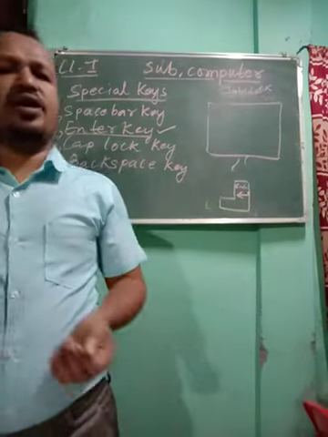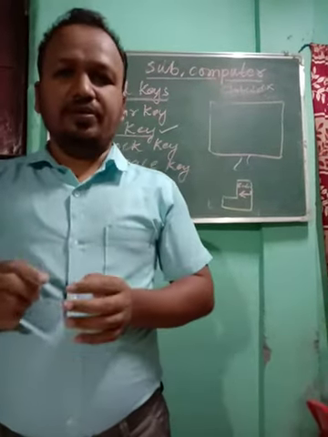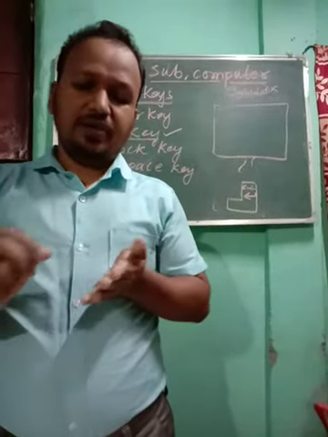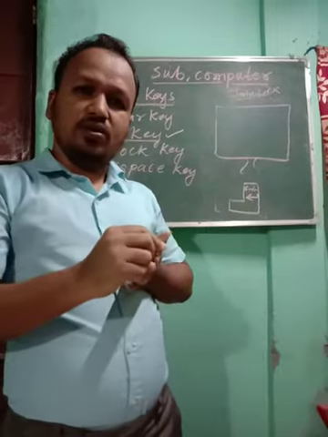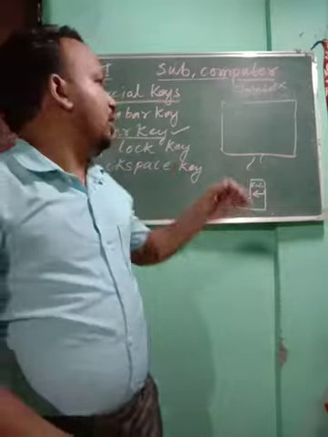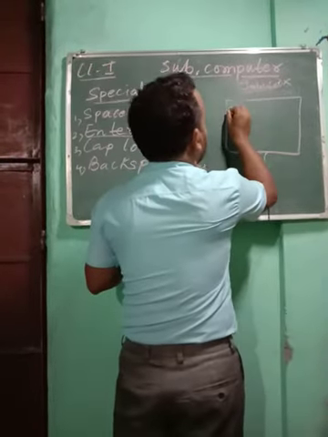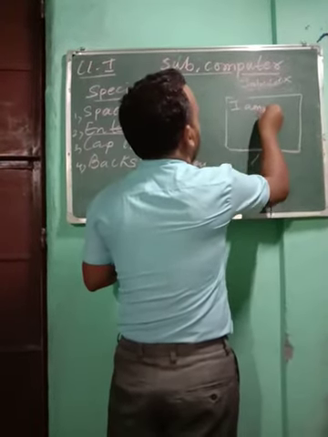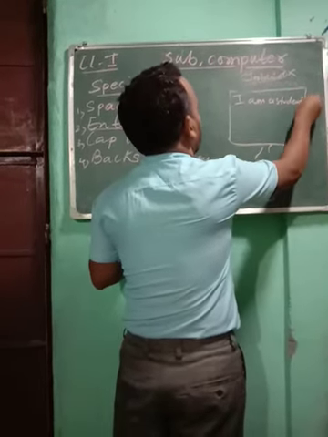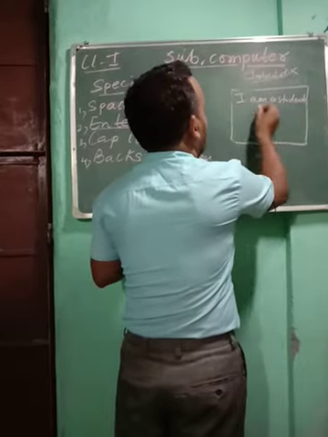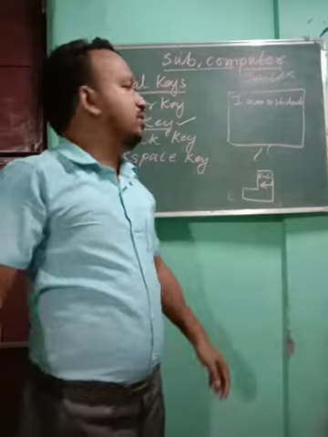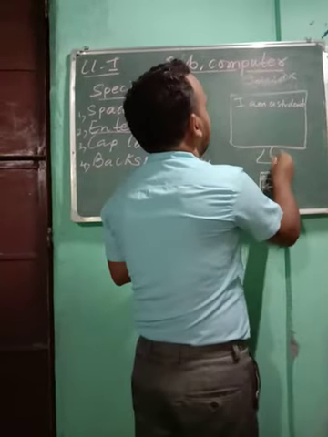Now see, when you're writing in your copy, at home, school, wherever, suppose you have written and one line is over, so again you're coming to the next line. But in computer also, suppose you have written in this line, I am a student. You wrote. Now here you want to write another sentence. So how you will go to the next line? You will say, computer, please take me to the next line.